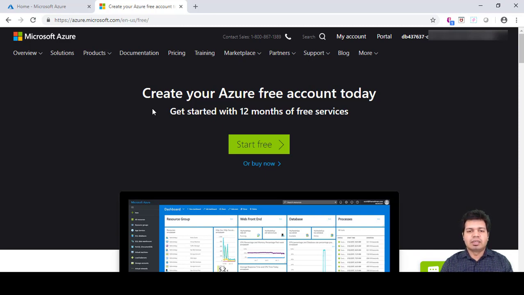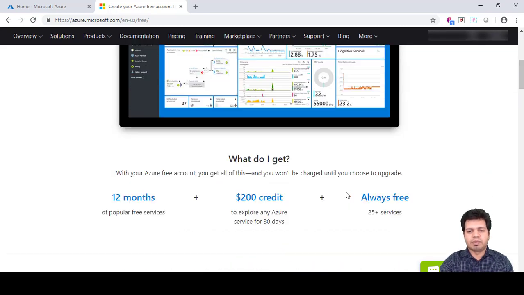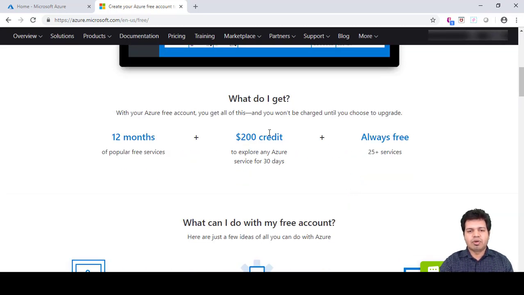account first, and Azure actually provides a facility using which you can use their free trial period. Azure provides a trial period of 1 year, in which you can use some of their services, like 25 plus services, but for the initial 1 month you will also get a credit of $200, so you can explore their compute heavy or some big data related or machine learning